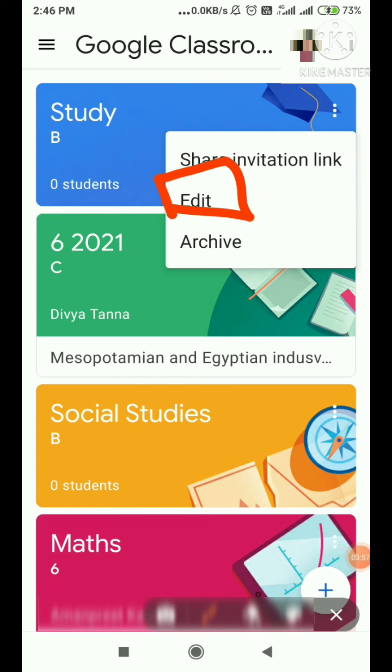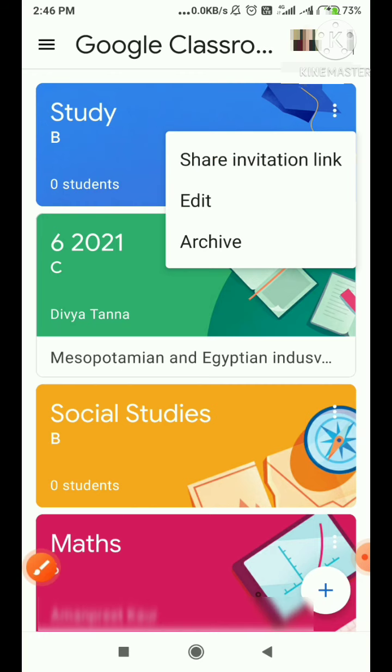These three options will appear when you are a teacher of a certain class. If you are a student of a class, then only two options will come, which I'll tell you in a further video.